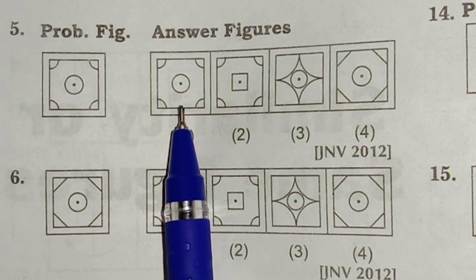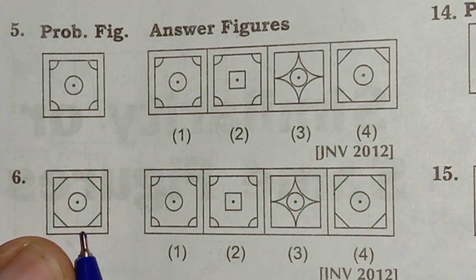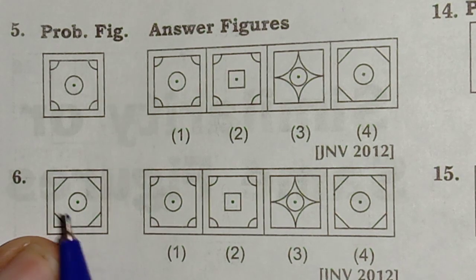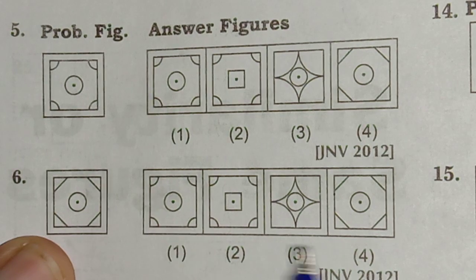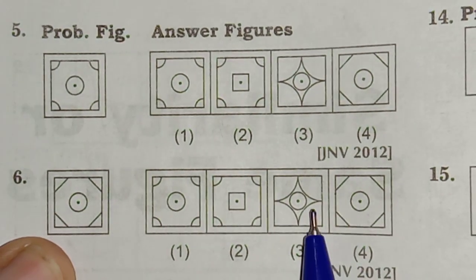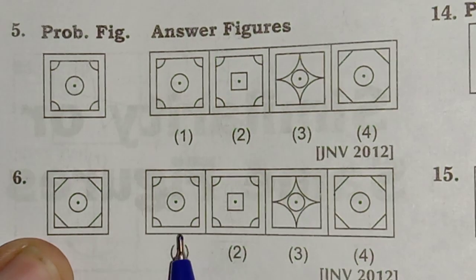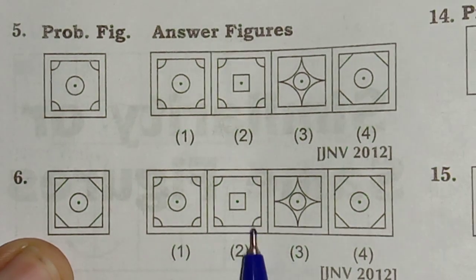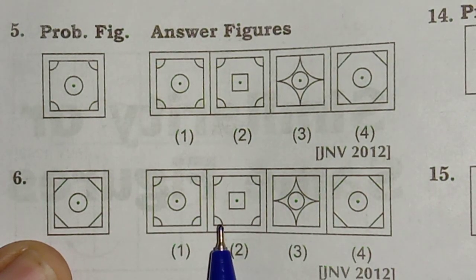Good friends, now let's move to the question number 6th one. So here also we can see that it is a little bit different here. These two are looking too much different, so leave this one, no need to observe this one again. So first and second, just observe the first and second. In the second, which is correct, that we have to find out.